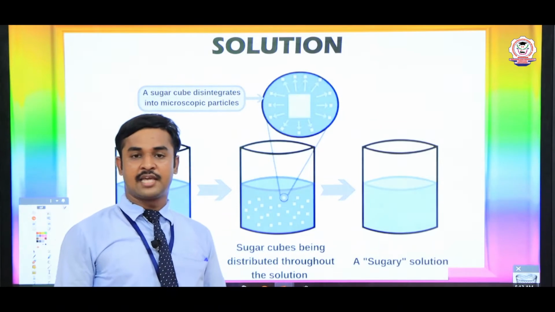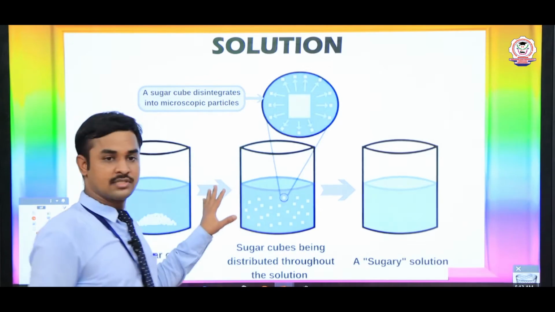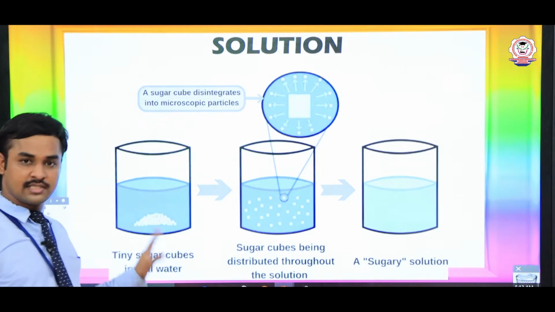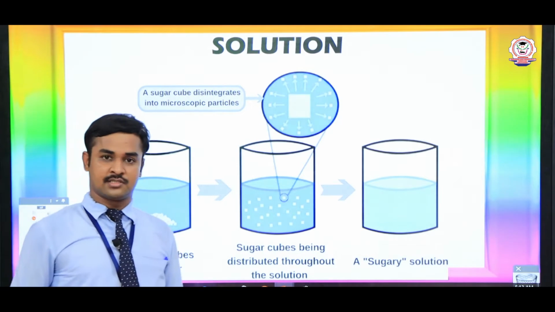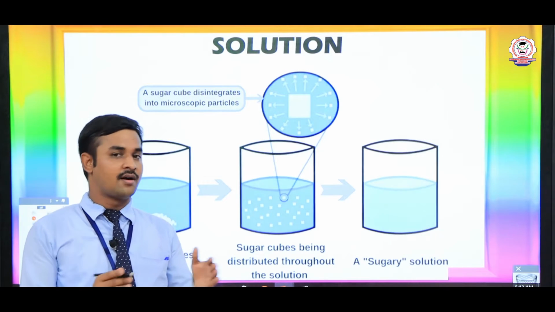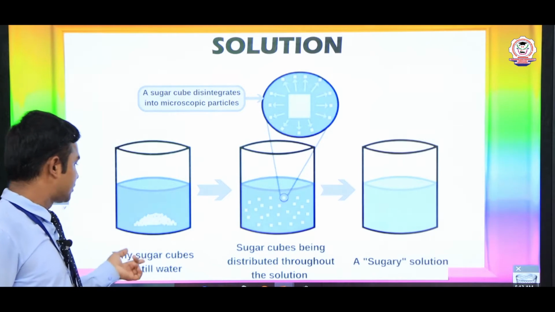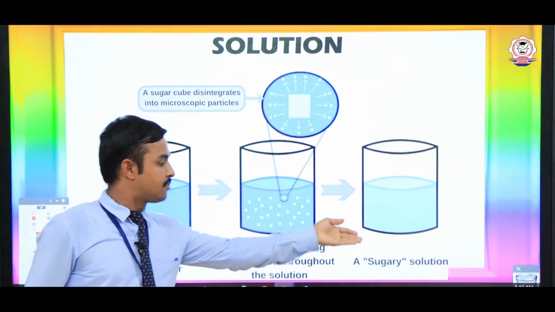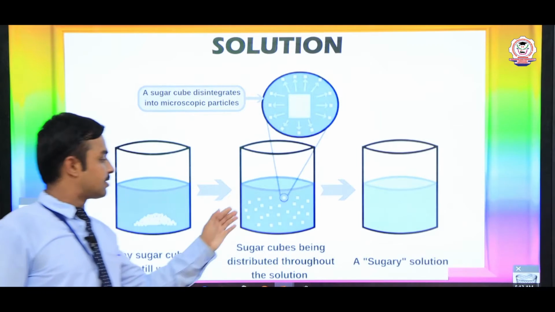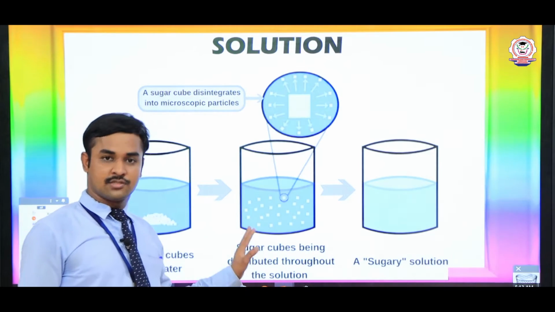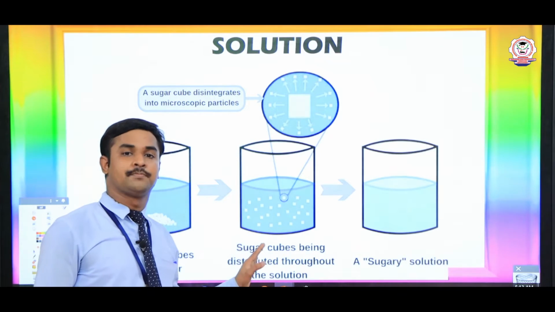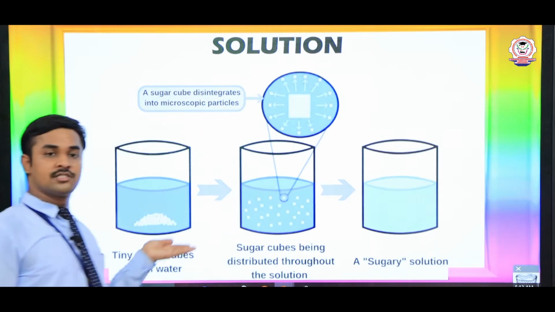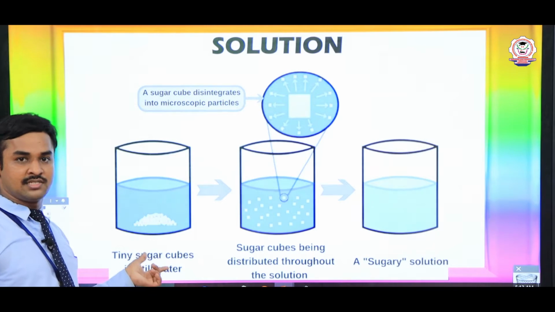Before that, I will give you a recap of solutions and how they are formed. Every solution contains only two components, a solute and a solvent. For example, when the sugar solute is dissolved in the water solvent, we form a sugar solution. Here the water acts as a solvent, and it is a medium. Water, the medium, dissolves the solid sugar.